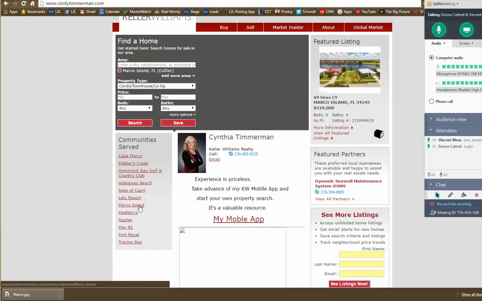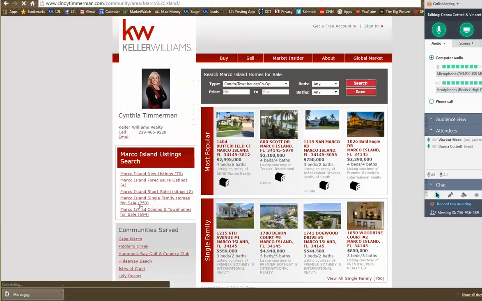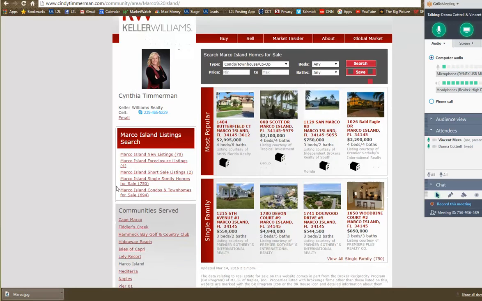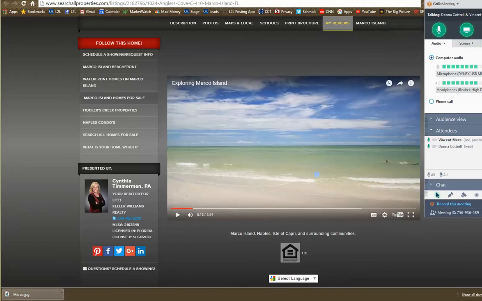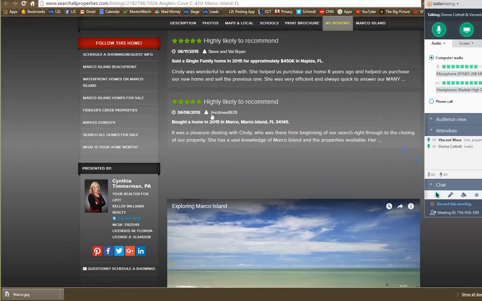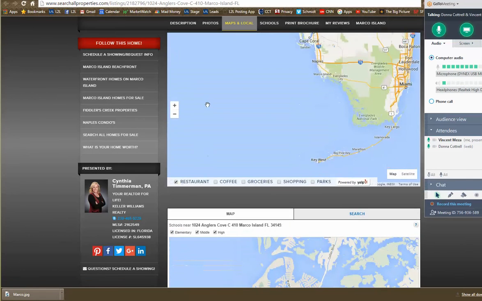The thing we love about Market Leader sites is when a consumer drops on this web page, they've got about two to three clicks, and then they have to register. I'm going to click on Marco Island because this is the page I want to see her using. Another great thing about this site is it gives a summary right here. So if a consumer saw this ad anywhere and clicked on Marco Island homes for sale, because for some reason they did not want this home,